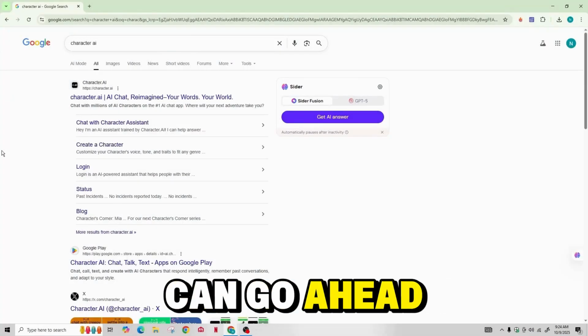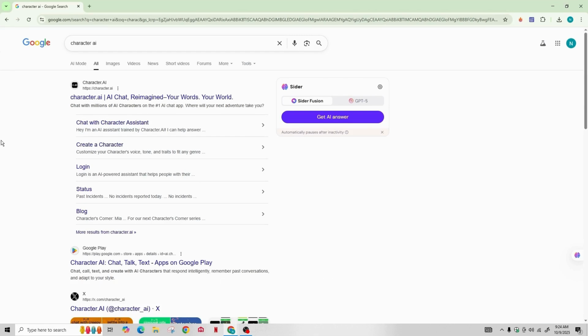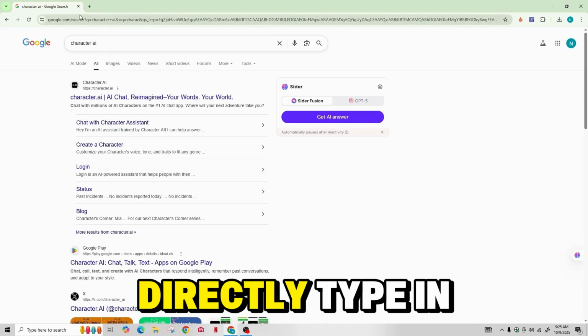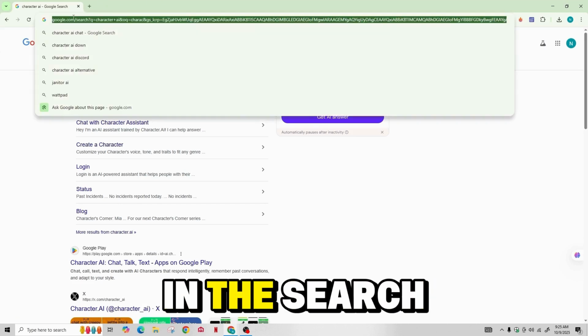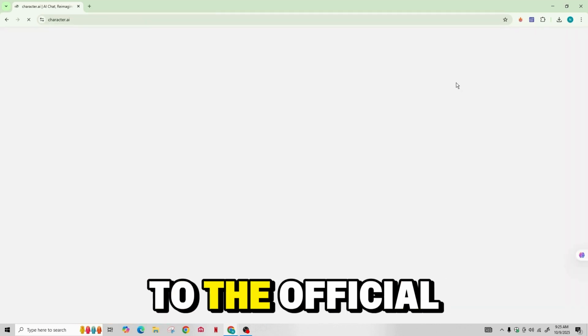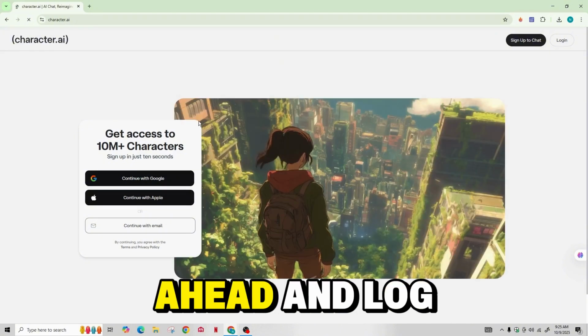Here's how you can log into your Character.AI account in 2025. First, search for Character.AI, or type Character.AI directly in the search bar. You'll be taken to the official website of Character.AI, and here you need to log into